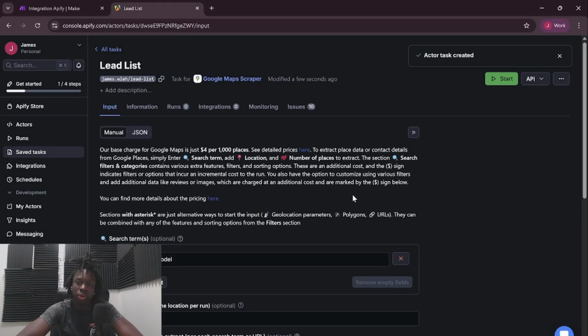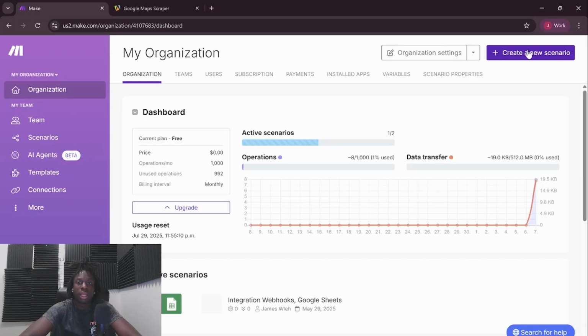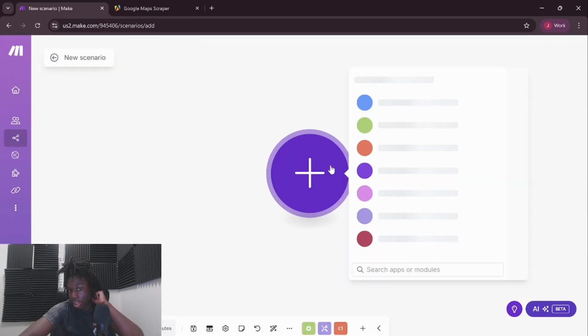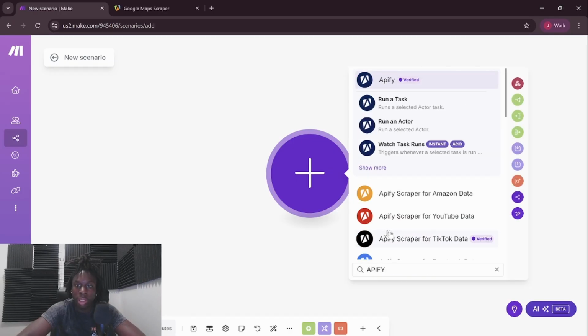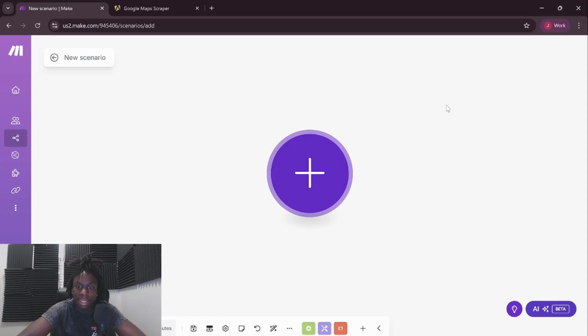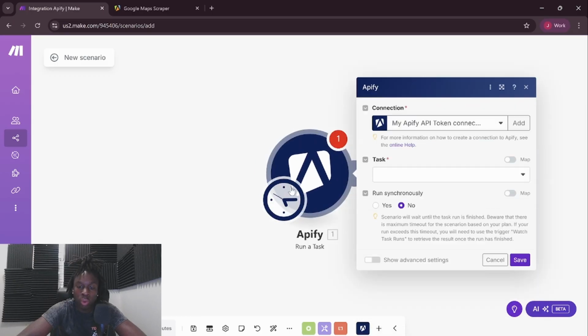And then next, I'll show you guys what to do in make.com. Now that we're here in our make.com console, we're just going to go and create a new scenario. We're going to want to search for the Apify module. Great thing about Make is that it has so many connections. We're going to want to go to run a task, which is make sure to run a task and not